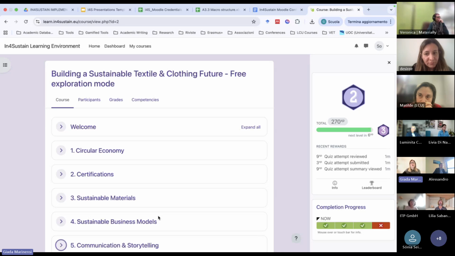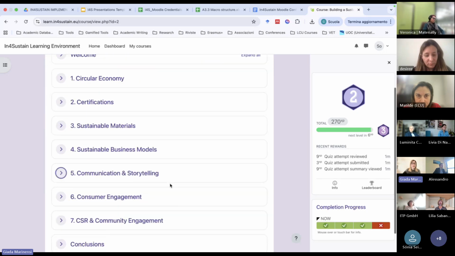That is a way of showing to companies, or in general showing to the world, that they achieved the specific competencies that are related to the different subtopics of this course.